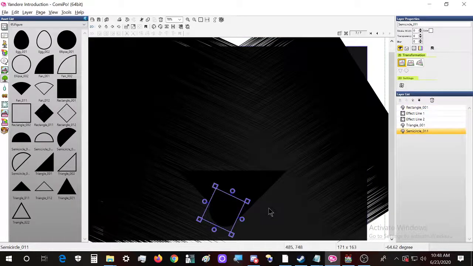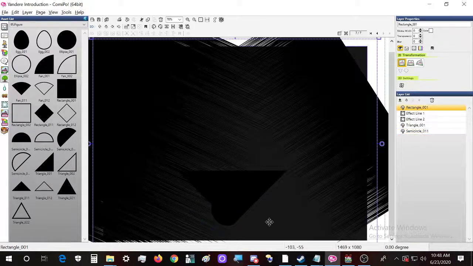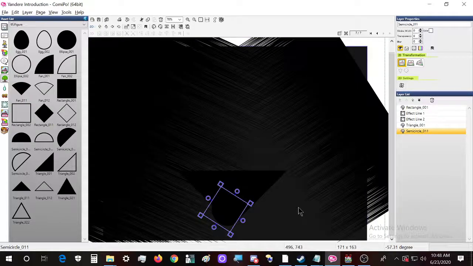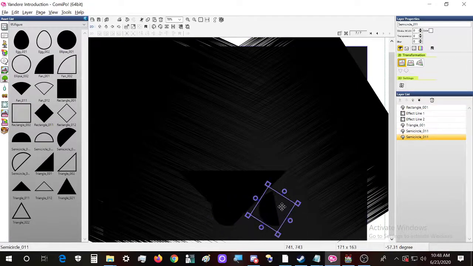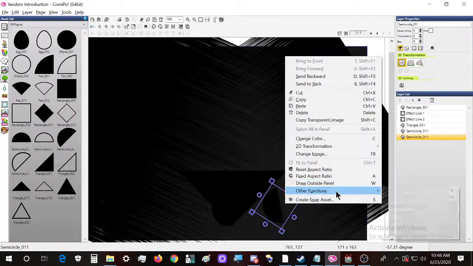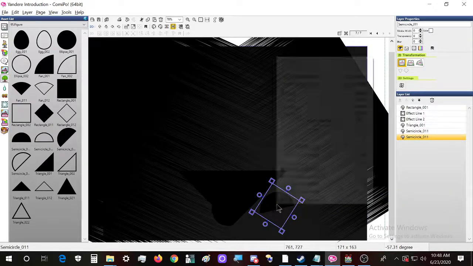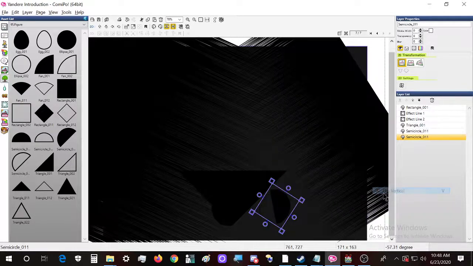Okay, needs to be a bit lower, one pixel up. One pixel down. Okay, now we replicate this one in here, go to other functions, flip, and flip vertical.